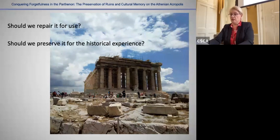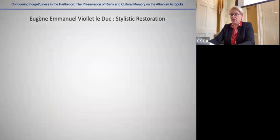These two questions highlight the restorers' two diametrically opposed approaches to the treatment of an historic building: the utilitarian, invasive approach and the antiquarian, romantic approach. Historically, these are the two approaches of the French and British schools of restoration during the 19th century. The French school, with its main proponent,